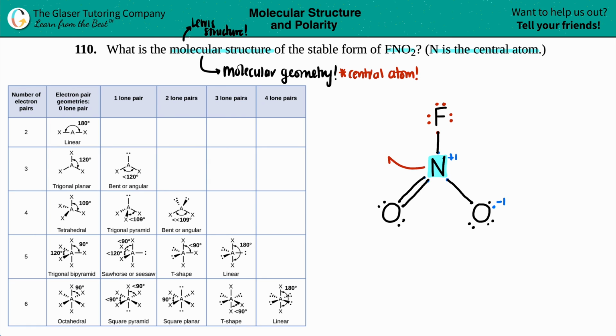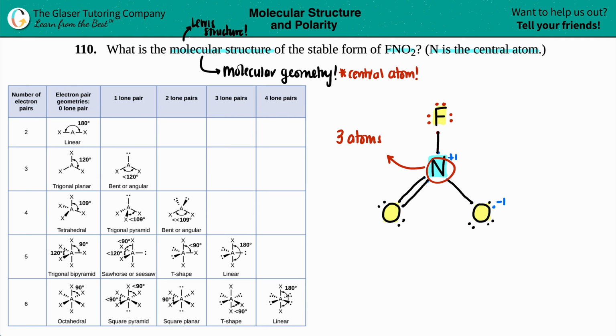And there's two things that we need to take into consideration. We need to take into consideration how many total atoms it is bound to, and the total number of lone pairs. Now, who is bound to the nitrogen? Well, the fluorine, the oxygen, and the other oxygen. They're all bound, they all have those bonds back to nitrogen. All roads lead back to nitrogen in this case. So we have three atoms